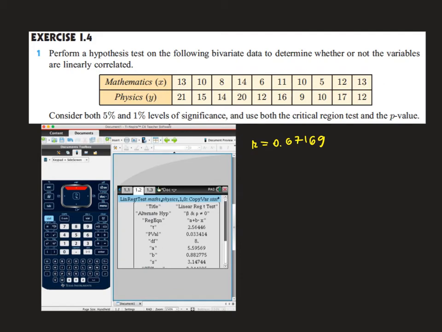Okay, that's my t, the test statistic. T equals 2.564. My test statistic is placed on the t distribution with 8 degrees of freedom, n minus 2, and in my case n equals 10. So whatever my distribution looks like,